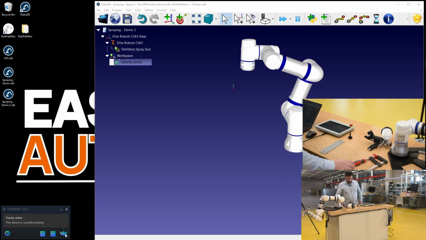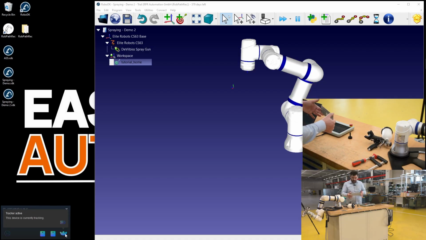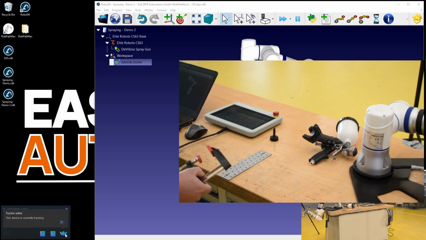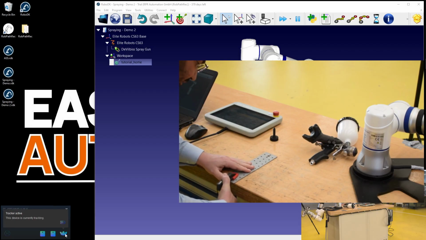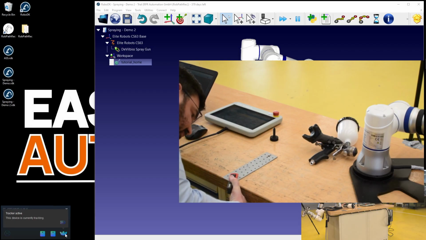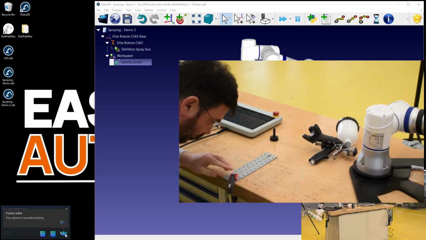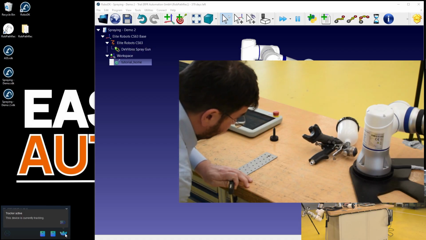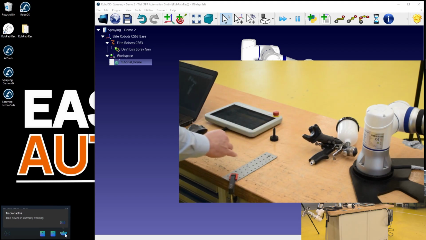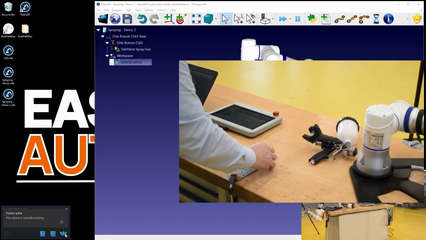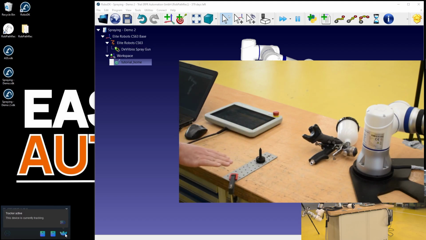Next, as we will define the TCP of a tool, I get my usual metal plate again, and I just fix it anywhere. Most preferably at the position where the robot with the defined tool would normally reach, because we will do a kind of recording, not with the robot. But where you place it is really up to you. This is your choice. I just fixed it here, and we can go for the next step.